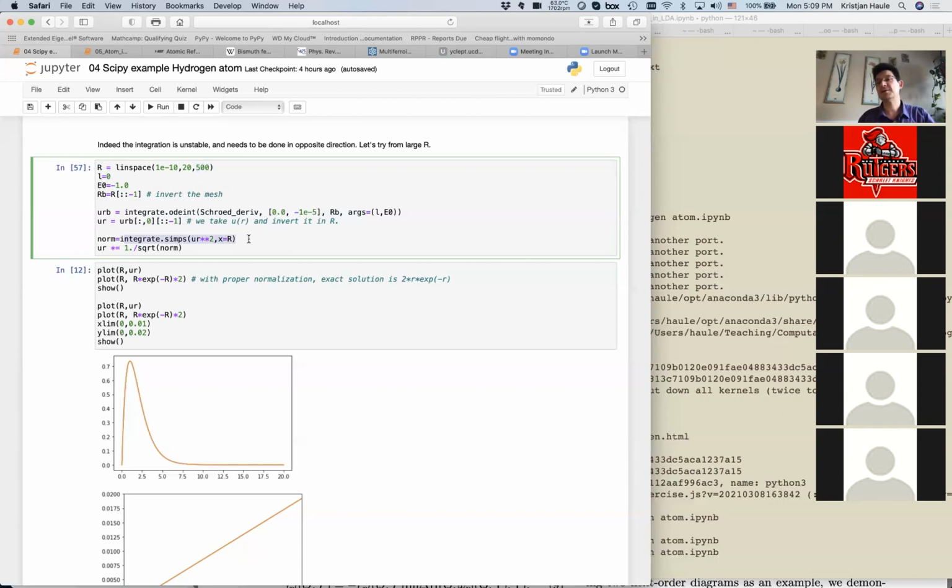Now I wasn't careful at the beginning when I chose 500 points, so it's better to use the Simpson method. For our purpose, the difference between Romberg and Simpson is not big enough to make any difference. But if you need a slightly more precise method, when you have very, very smooth functions, then maybe you should look into the Romberg method. But then you're limited with how many points you can take, to a particular set of points. Okay, so we're going to use the Simpson method, and the Simpson method requires